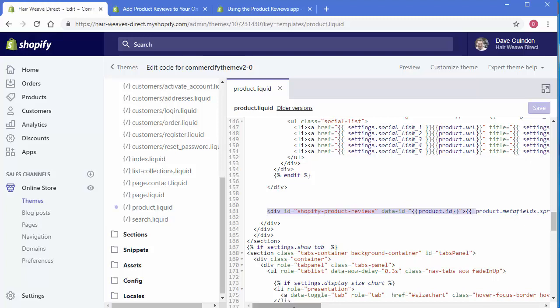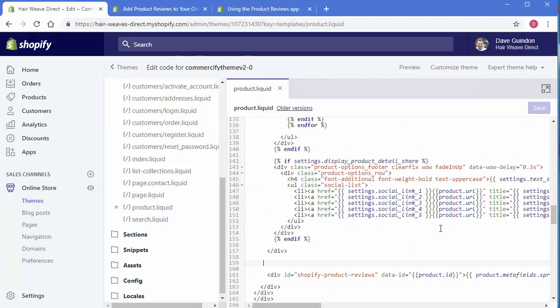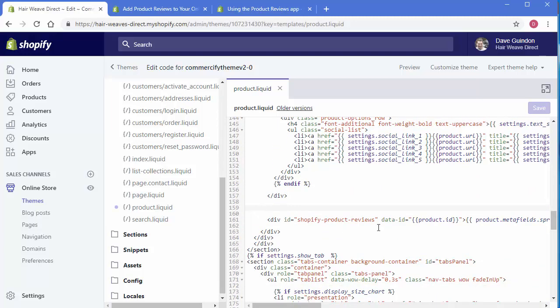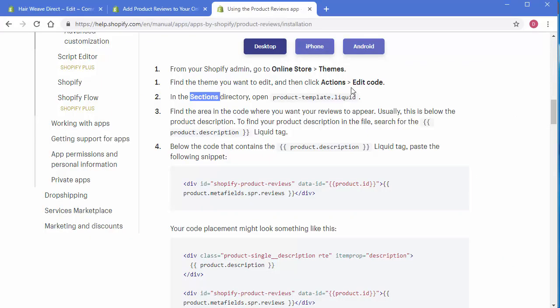To be honest, everyone's theme is going to be a little bit different. So what I did was take this code and start pasting it at different places after a closing div tag. A closing div tag means there's a slash right before the letters div. So I'll go to the end of a closing div tag and start placing it underneath some product information here. I just keep putting it in there until it looks good on my page. That's kind of how I did it. Anyhow, that's what they explain here.